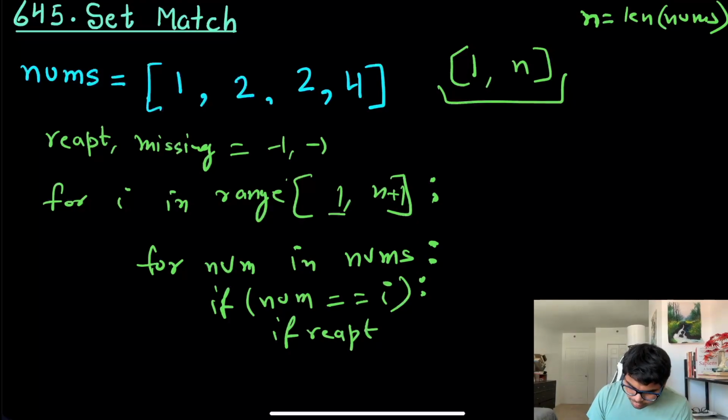Maybe I can have another variable called found. I can just have found equal to false initially, but here I will check if found is already true. If found,